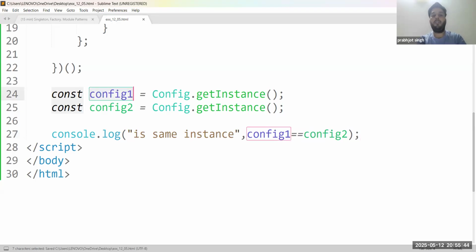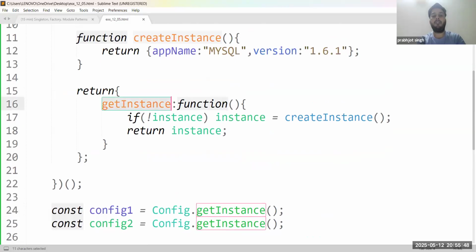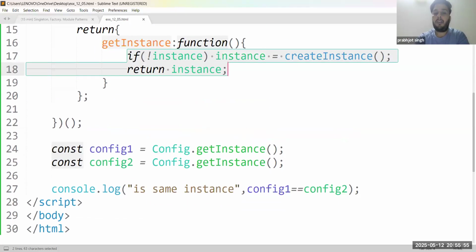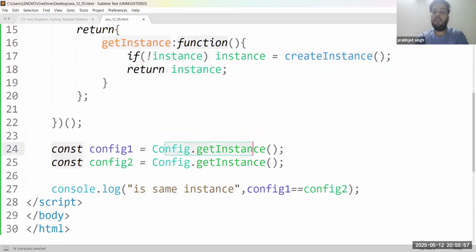Because configure1 is going to do what? With the help of this class, it is going to call getInstance, which is this. So this is going to return me one instance and this is going to return me another instance of this class. Then we will check here whether they are the same or different. In that way, it will be easy for us to understand whether they are equal or not, right? So let me save this file. Let me open it in the browser